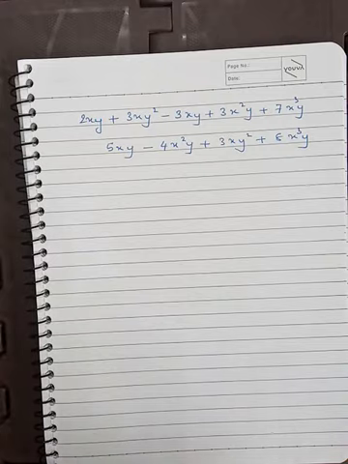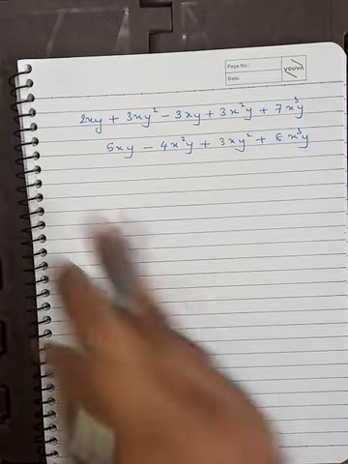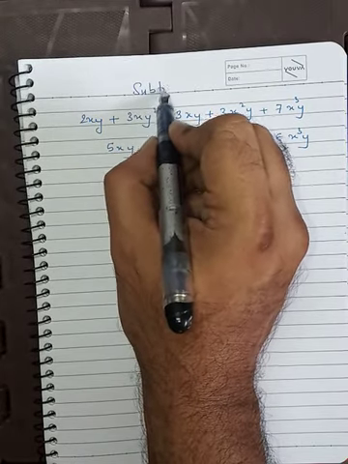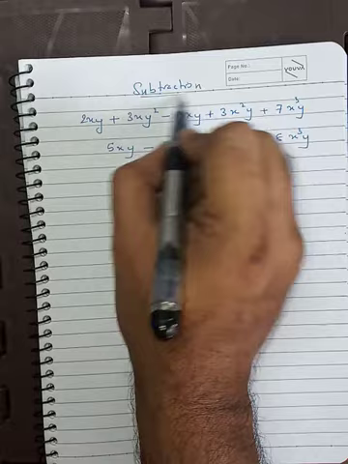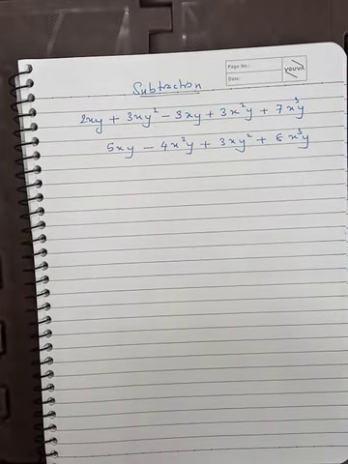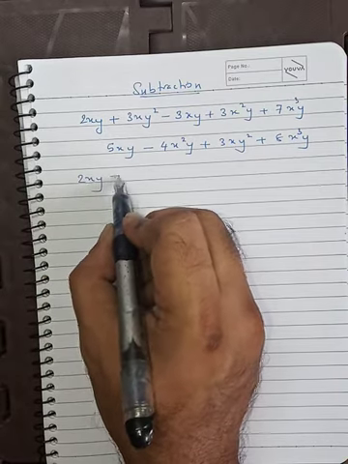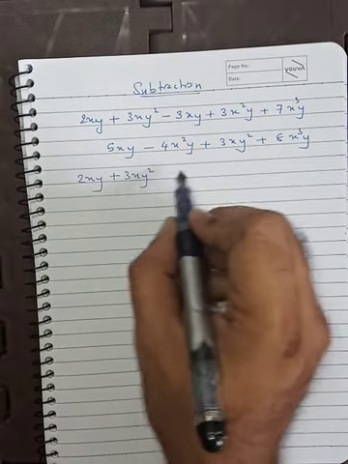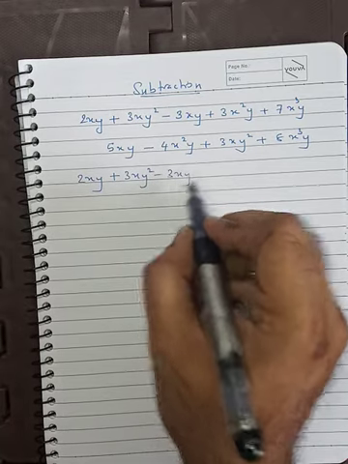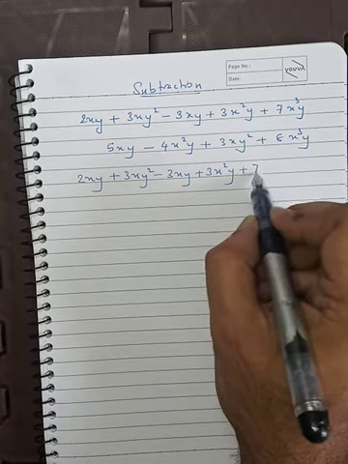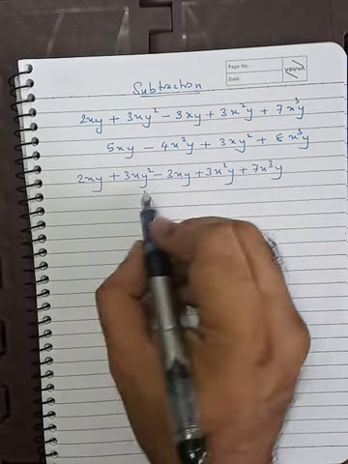Okay, now let's look at how I subtract. Now the operation is what? Subtraction. Now I will be following the horizontal method only because it makes my life easy, because when I change the sign it indicates to me very easily over here. So let's say over here 2xy plus 3xy square minus 3xy plus 3x square y plus 7x cube y